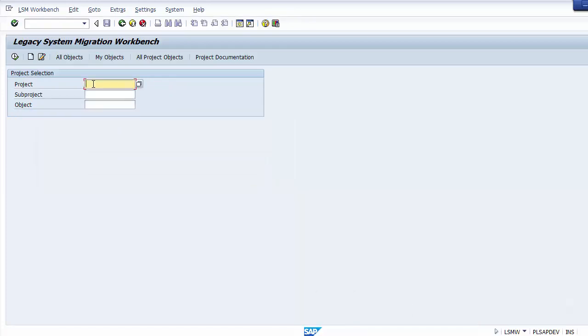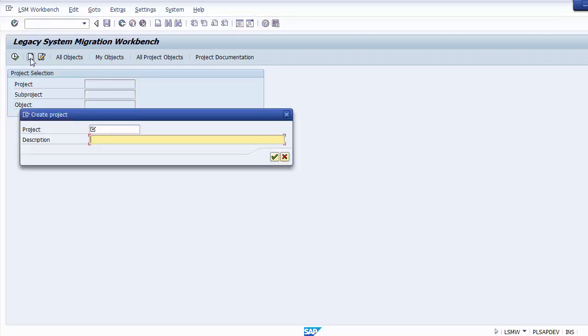So as we moved on to the screen, that is the legacy system migration workbench, now we need to go to the create entry over here, as you can see in the header on the screen, create. So we'll go and click on the create entry now. Once you click on the create entry, the system asks you to create the project. So you need to name the project, as the project name has to be assigned. Suppose I name it as project 01,